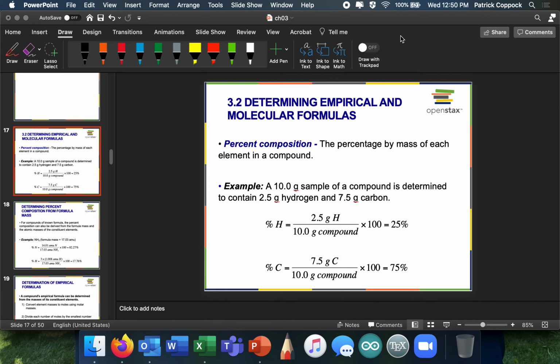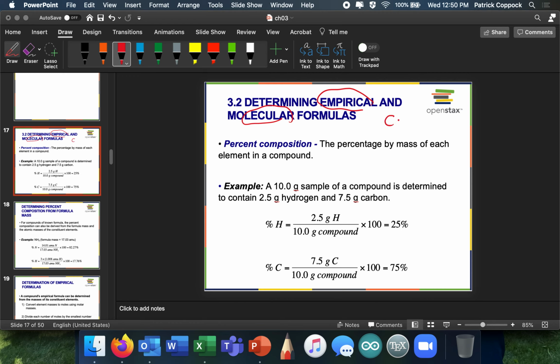Okay, so now we're going to talk about determining empirical formulas and molecular formulas. Empirical and molecular formulas. Okay, so first of all, a definition of empirical formula is an empirical formula is the